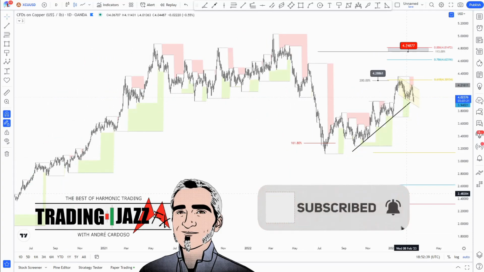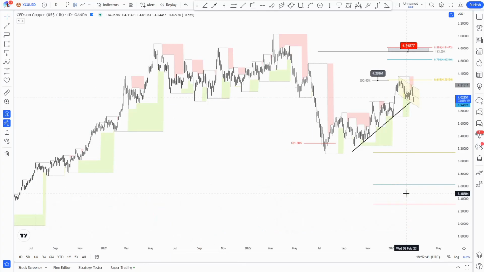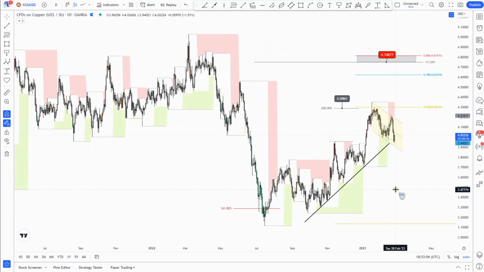And for today, as usual, I want to cover a couple of charts with you. Specifically, I want to share with you two charts, one for natural gas and the other one for copper. I think it may be interesting to follow at least the price behavior from the current price zone for those two commodities. And let's start with copper, and let me try to share with you my opinion.